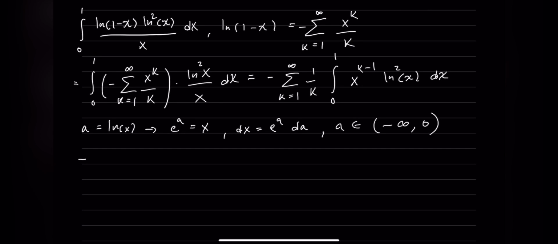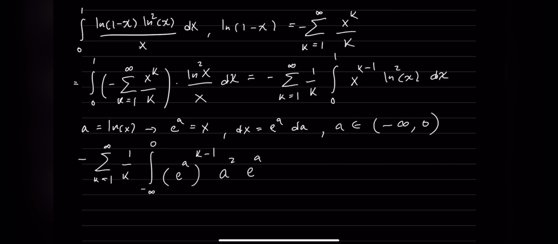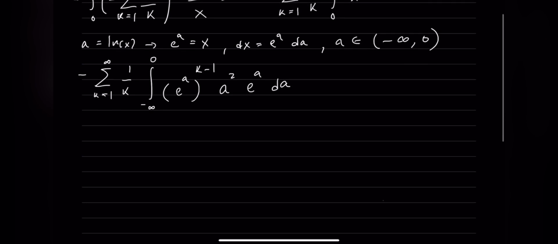So we have minus the sum from 1 to infinity 1 over k, the integral from minus infinity to 0 of e to the a to the k minus 1. We have a squared and e to the a dA,